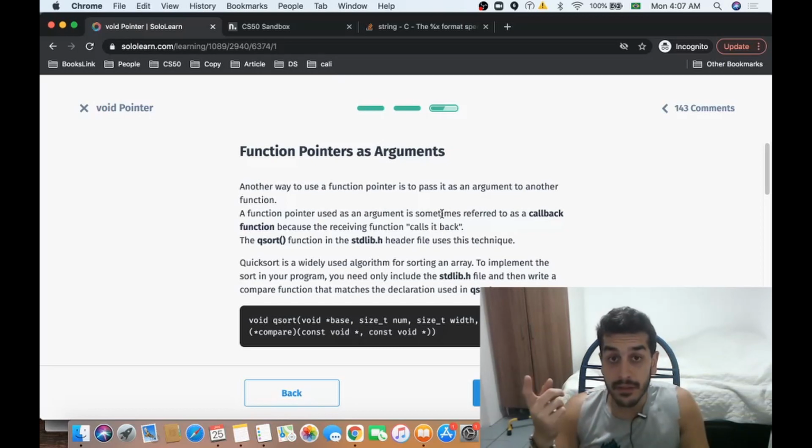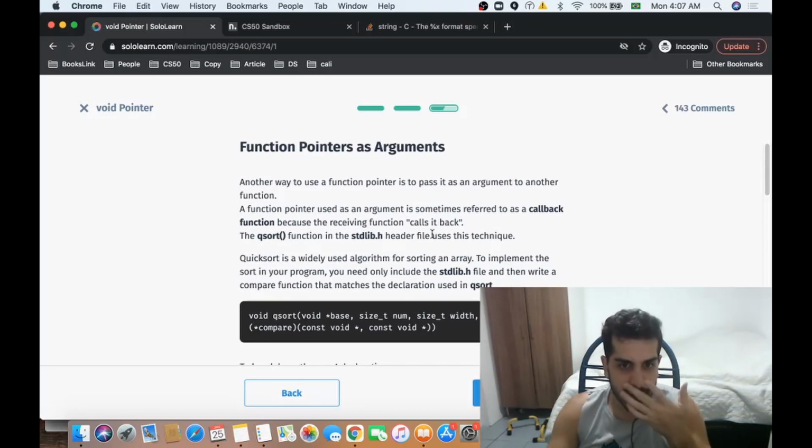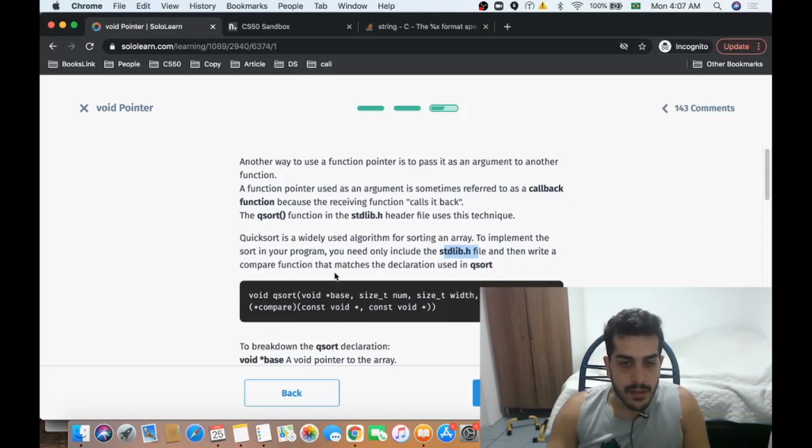So another reference to JavaScript, it has the idea of callback. The qsort function in the standard library header file uses this technique. Quicksort is a widely used algorithm for sorting an array. To implement the sort in your program, you need only to include stdlib.h. So qsort has a bunch of void, one of the parameters is a void